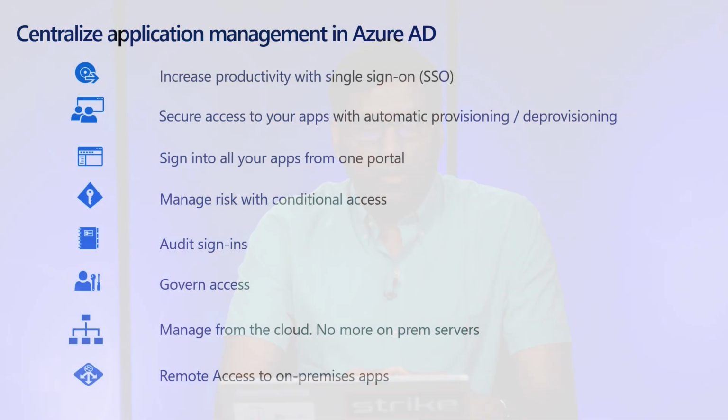It's not just about provisioning. You can deprovision these users immediately. And that's the benefit you get in user provisioning and deprovisioning. For accessing applications, Azure Active Directory provides the access panel as the portal so that your users can log in and seamlessly access any type of application from there. You can manage the risk of your applications with conditional access. You can create different conditional access policies specifically targeted to different applications, and then leverage conditional access to manage the risk.